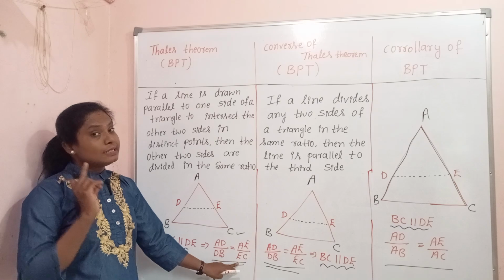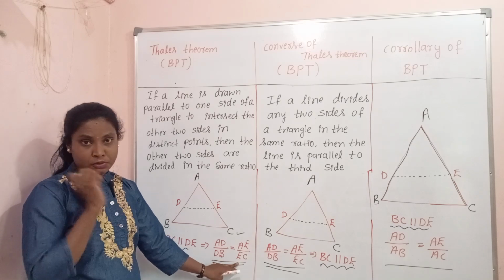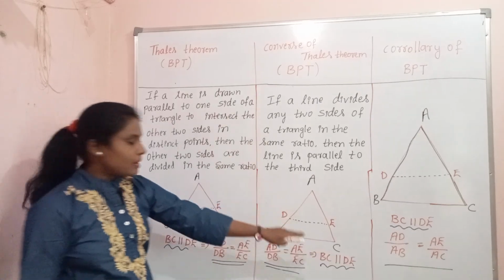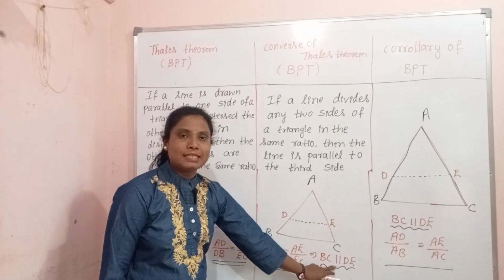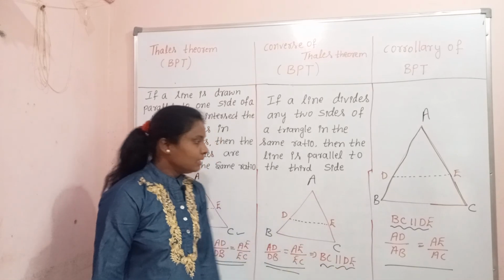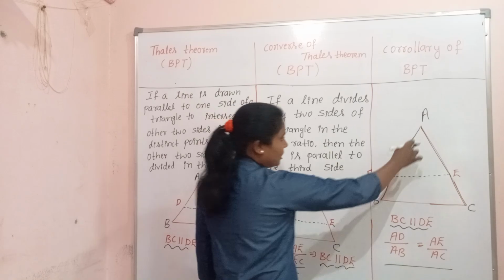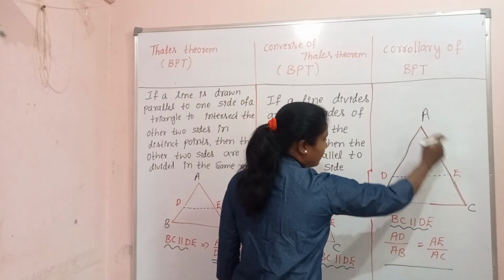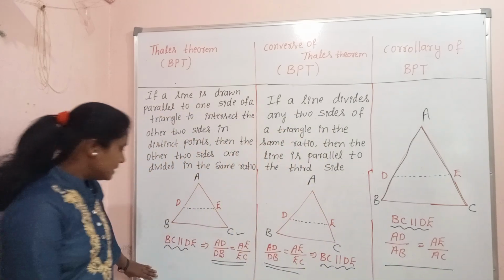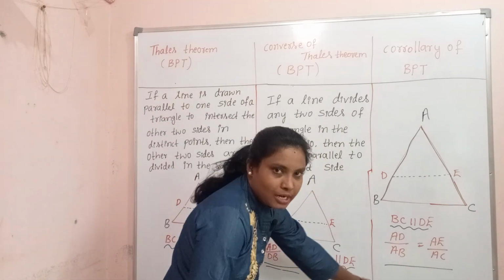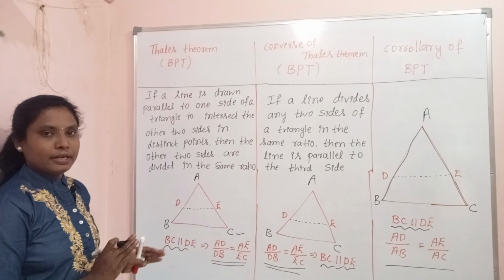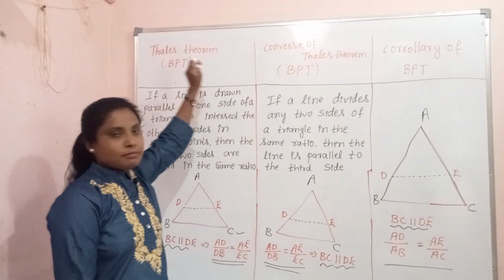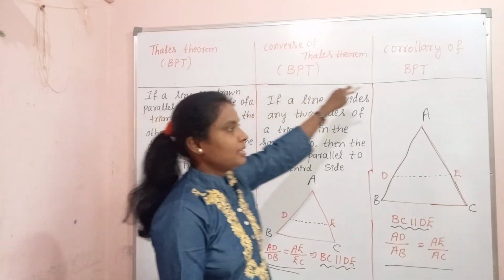This is the Thales theorem proof we need to do. Then in the converse part we need to show BC is parallel to DE. In the corollary part, we need to show AD divided by AB equals AE divided by AC. If you understand this mathematical form, it is easy to identify Thales theorem, the converse of Thales theorem and the corollary